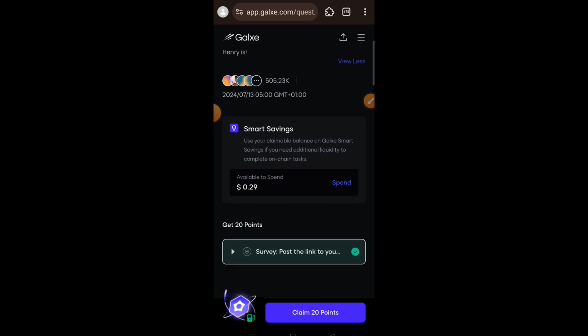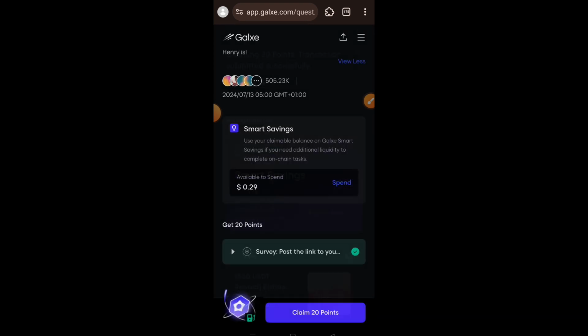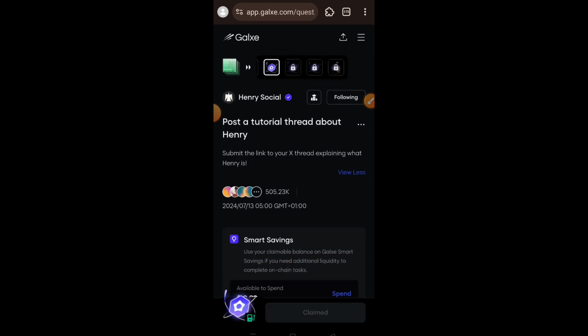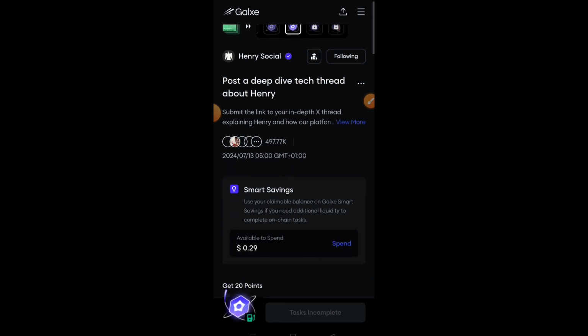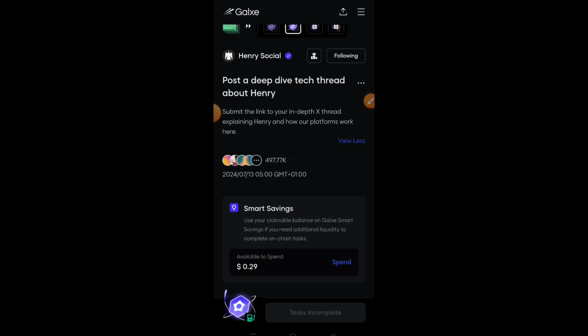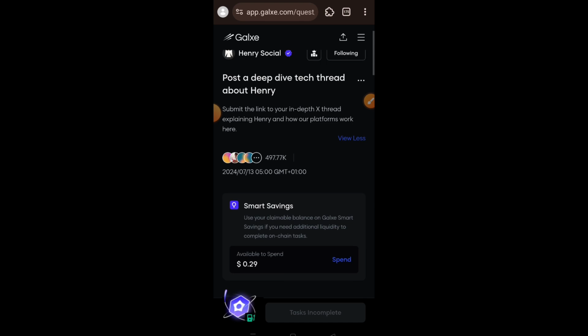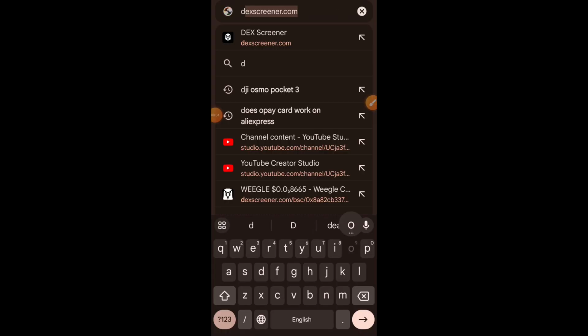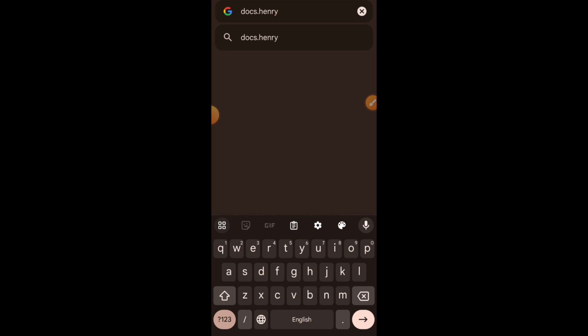Now I'm going to claim points for this quest. I'll move on to the next one. Post a deep dive tech thread about Henry. I won't suggest using AI for this one. I'll suggest going straight into Henry docs to read about them and then have genuine information to use to write this thread. So we'll go to